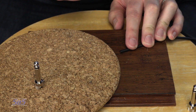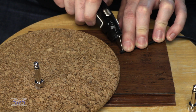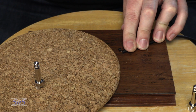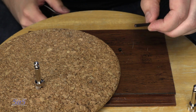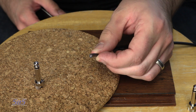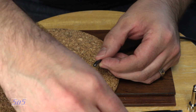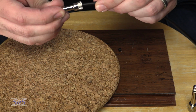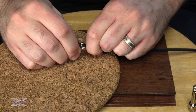So what I'm gonna do is take my X-Acto knife and cut straight down. I don't need to cut off a whole lot here because that cut was really straight, but I want you guys to see the full process. Just went straight down and came back. You want a really nice straight cut on that cable, and you want the cable to be decently rounded because it's gonna have to go inside the connector. So then you just slide it in and start applying gentle